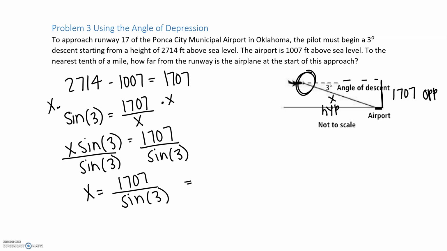So when you put that into your calculator, it gives you about 32,616.2 feet. Okay, so that's going to be our answer in feet. It's actually asking us to the nearest tenth of a mile. So what we want to do is make it into a mile. So if we have this